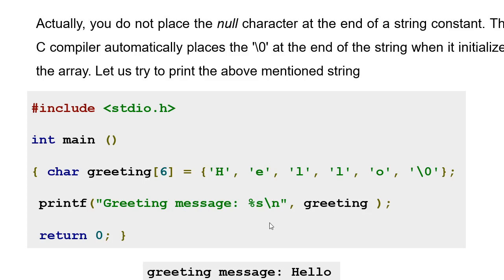So this percentage is used for the string. You cannot write %f or %d like that. Since it is a string, you have to write %s for calling this string, and it will be printed here. Then return 0. So you will get a message on the screen: greeting message will be hello.